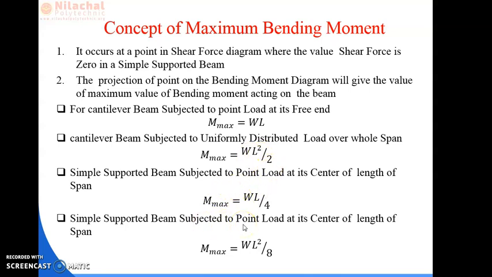For a simply supported beam carrying a point load at the center, the maximum bending moment will be WL by 4. And for a UDL applied over the total length of the span, the maximum bending moment will be WL square by 8. These formulas are required while we solve for the moment produced by the loads in case of